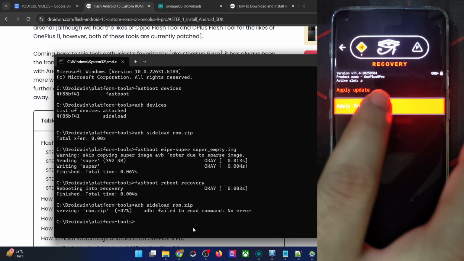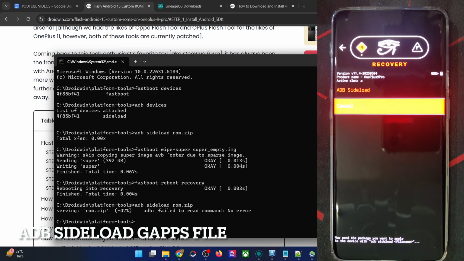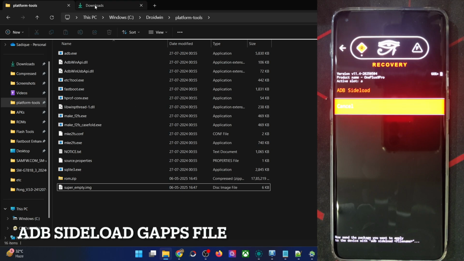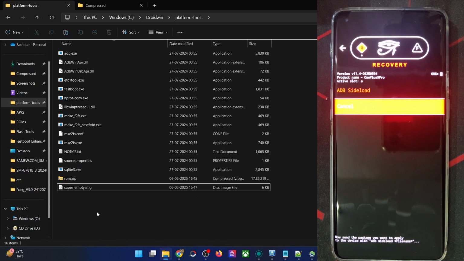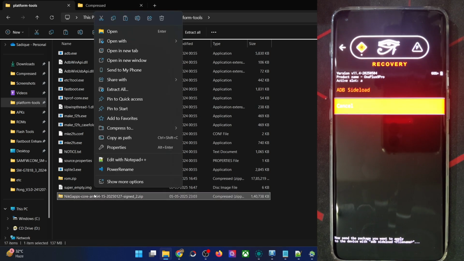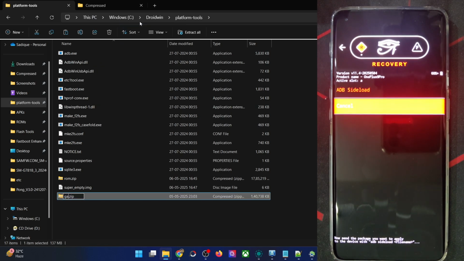So again, go to apply update, apply from ADB, and now transfer the GApp file onto the platform tools folder. So this is the GApp file over here. Transfer it here and now rename it to something shorter. So let's rename it to GApps, and the complete name becomes gapps.zip. Once that is done,